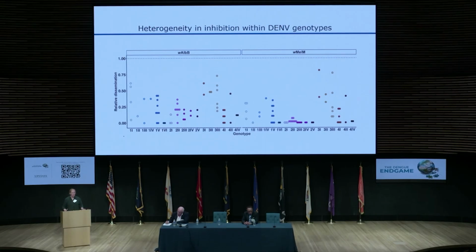You can imagine, let's say we take genotype 3 within serotype 3 as an example, if we had picked one of those upper dots and only did our experiments with that virus, we probably would have concluded, oh, there's not much inhibition, whereas if we picked one of the lower ones, we would have made a completely different conclusion. So I think this really drives the point home that the selection of whatever strain you use in your experiments matters.